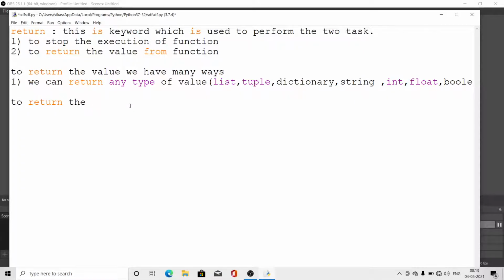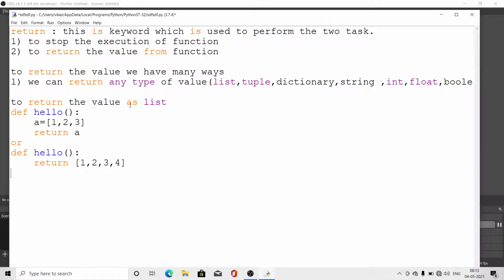Now see here, to return the value as a list, what we have to do: either in the function def hello, you may create any variable holding the list 1, 2, 3, and then write return a, or you can write def hello and then write the direct value, return 1, 2, 3, 4.